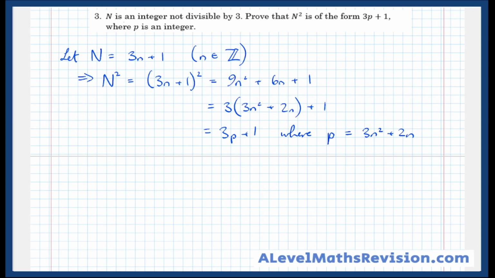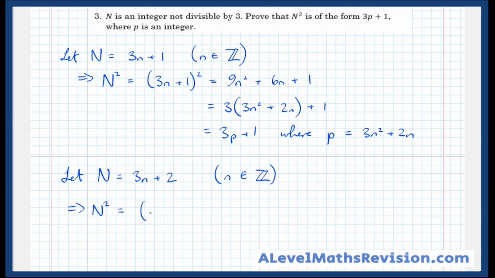Alternatively, if you wanted to, you could do 1 more than a multiple of 3 and 1 less than a multiple of 3. But I'm going to stick to 1 more than a multiple of 3 and 2 more than a multiple of 3 for this example. So now we're going to let n equal 3n plus 2. Again, where n is an integer, being completely formal about it, probably a bit too much detail, but let's be rigorous. Which means that n squared